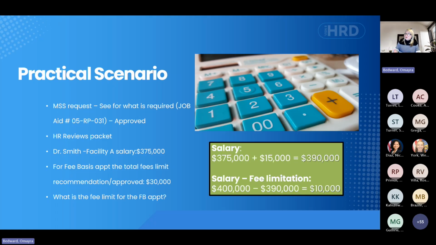You have to know that if your year to date is already 395 or 390, and you're making 15,000 in the 5 days that you work as a fee basis, you can't sign up for those days, because you are going to go over the limit, and it's going to put us back into this situation of having to rectify something that is very difficult to rectify. So I say all that to say, keep it on your radar.